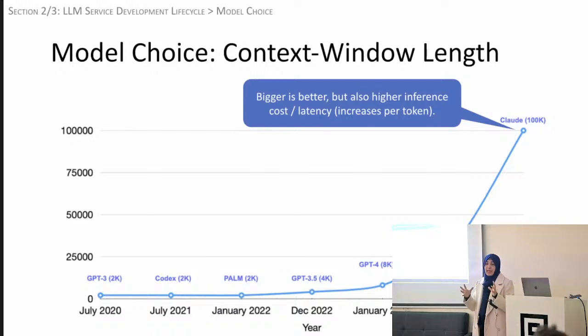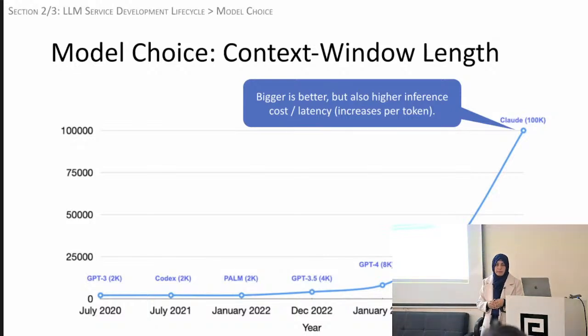An LLM is able to look at a specific size of data when it's making the inference, when it's replying to your prompt. So different LLMs have different context window sizes. If you needed to take a lot of information into account, you would choose one with a larger context window. Context windows have been increasing with time. I think the largest as of now is 128K tokens, right? So it's quite a large context window that's available now. But obviously, if you're using a larger context, you also have increased latency and a higher inference cost, right?